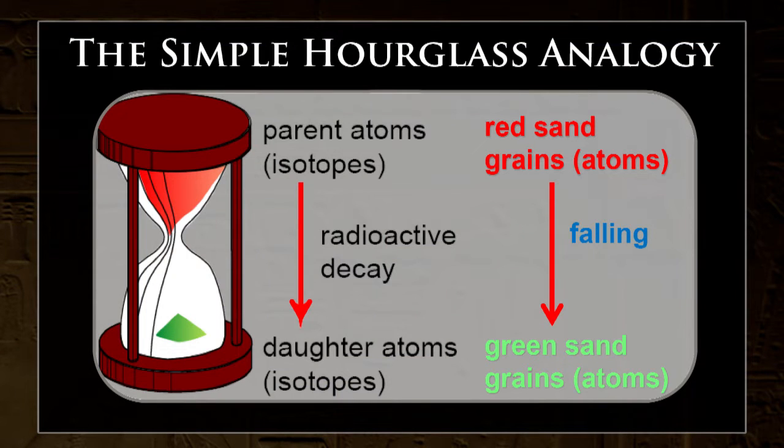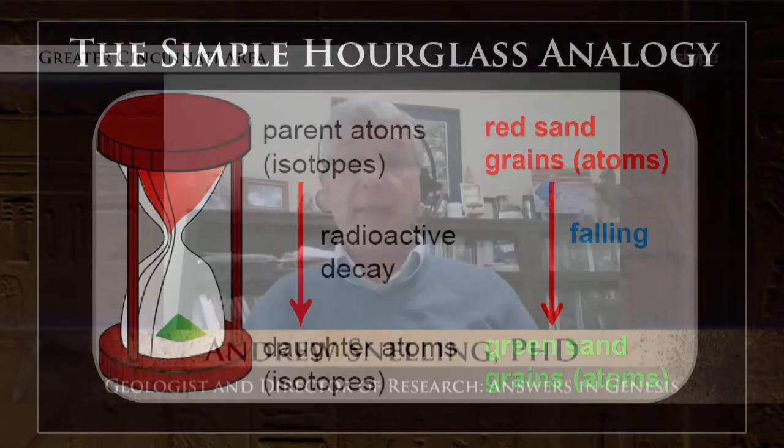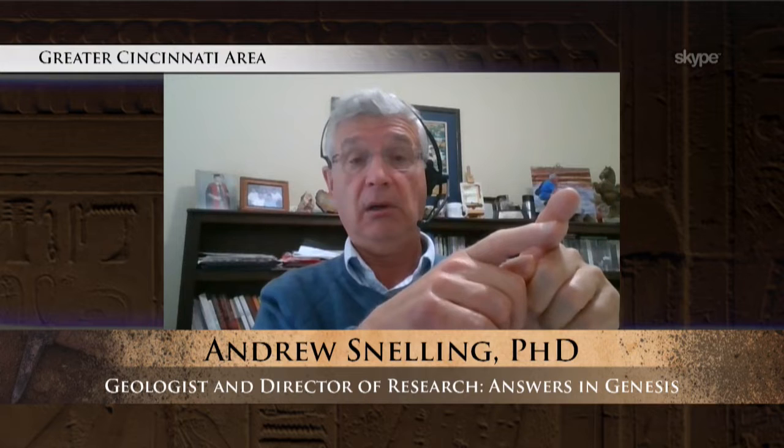And of course, we can check that today with an independent chronometer, like a watch, electronic timer, and that's fine. That works today. But what about in the past? Now, of course, with this hourglass clock, for want of a better term, we start with all the sand grains at the top glass bowl. Well, that's another assumption the geologists make. They have to assume, like we put all the sand grains at the top and there's none at the bottom.